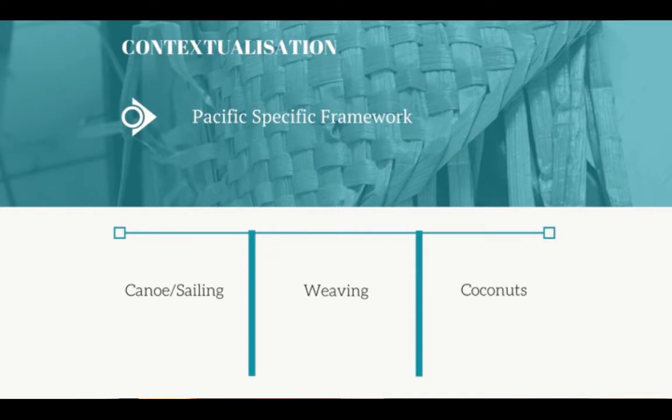But during the consultation sessions, during workshops with staff and students, we unpacked the RSD framework, so to speak. Multiple metaphors emerged from these workshops, and these are the three that are very Pacific specific. The idea of canoeing or sailing: you carve out a canoe and then you set on a journey to reach your destination.